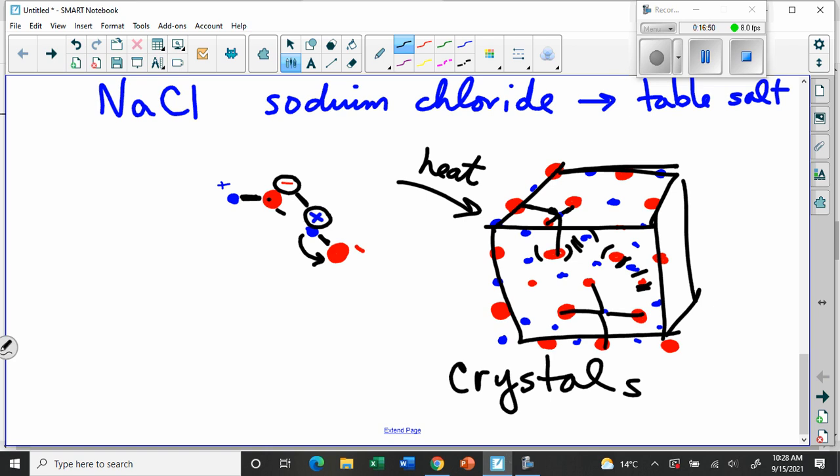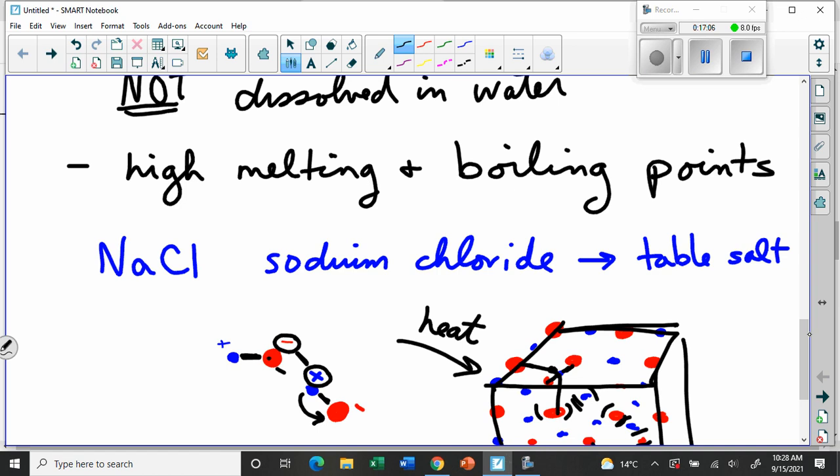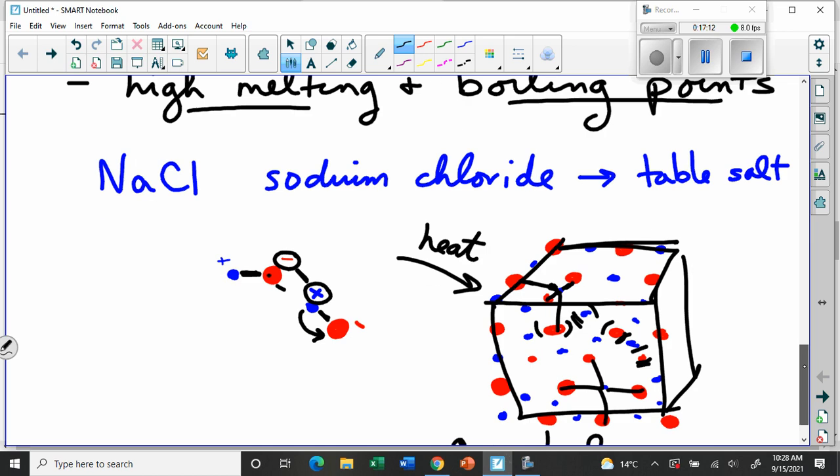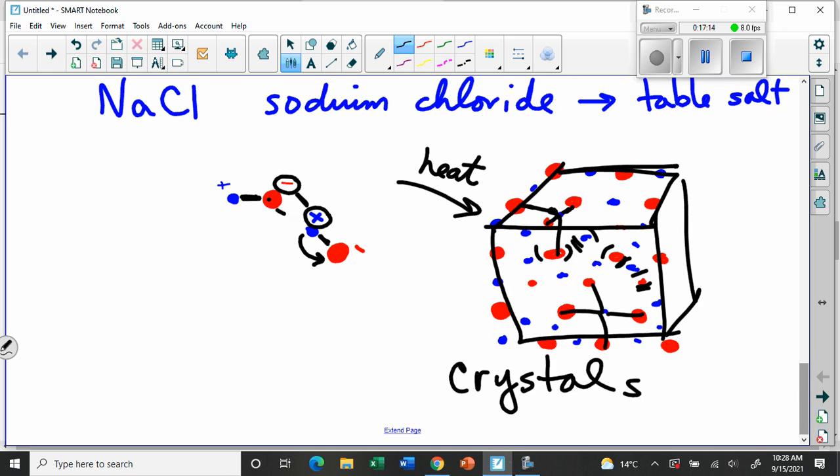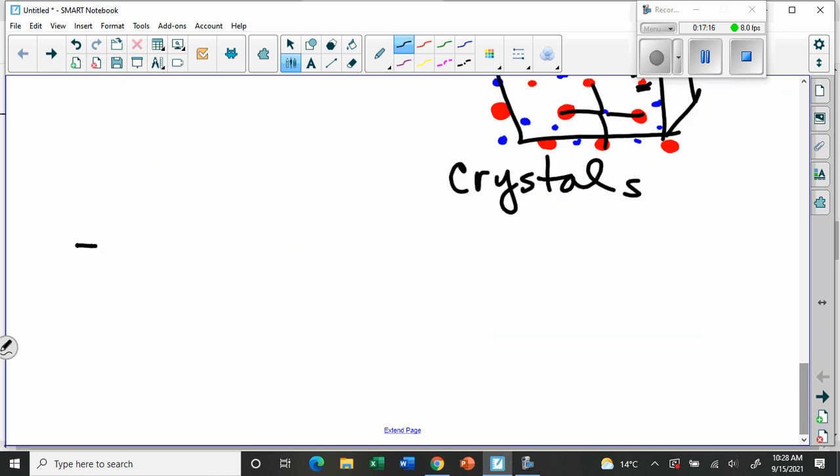And then to boil salt, to take the liquid salt and boil it, would require even more heat, thousands of degrees in many cases, to get salt to turn into a gas. So high melting and boiling points is a property here that has to do with the strong bonds in between these ions. And then I'll go down here and add, since we've already written the word, that they form crystals